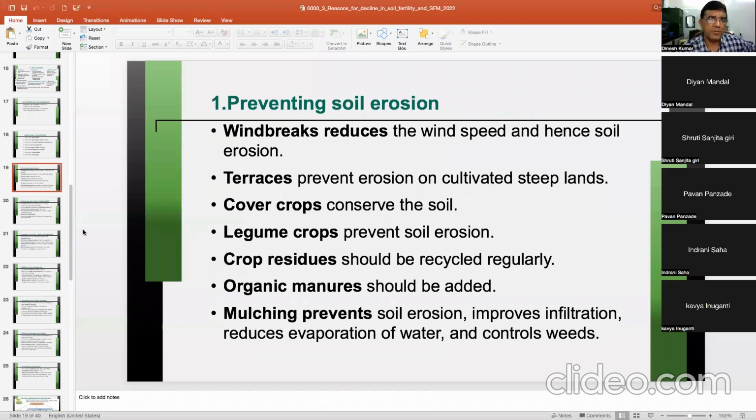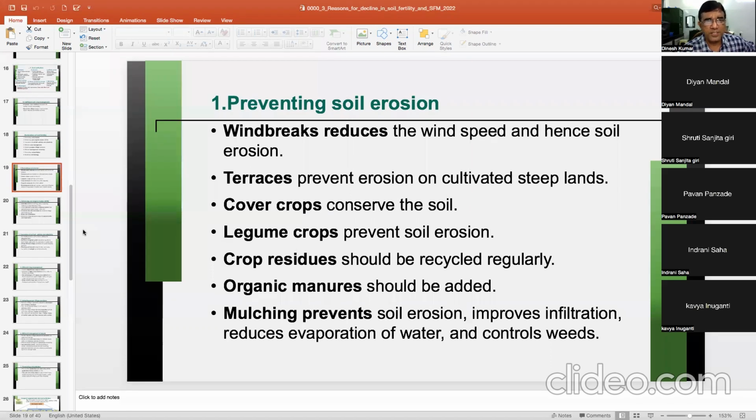Now, preventing soil erosion. How best can we prevent soil erosion? If we are able to prevent it, then we can improve or at least reduce the reduction of soil fertility. Windbreaks reduce the wind speed and hence soil erosion. In BSc Agriculture, a course is taught on soil erosion, I think. So I think most of you know how to prevent soil erosion. What are the strategies to control soil erosion? There are different approaches like your